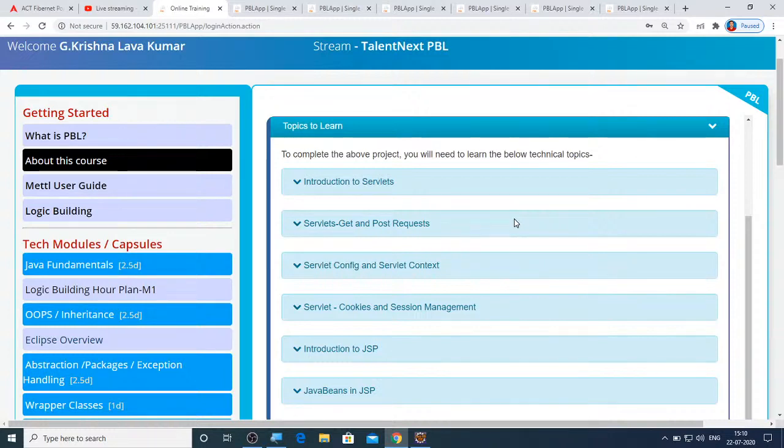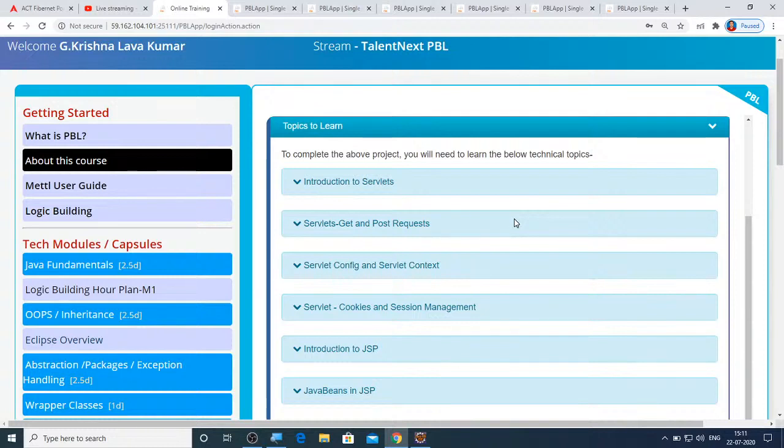That means the web server generally will be generating static responses. Whatever might be your request, these requests are to be processed by the web server, and most of the time it will be generating static responses.